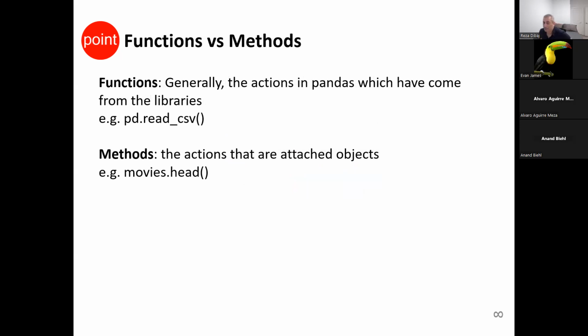And some people distinguish between functions and methods. They say functions are at the top level, and they are the actions that the library provides for us, like pandas.read_csv. Whenever we have some objects inside Python, like movies, which is a data frame that we created, whatever actions are relevant to those objects are in the category of methods. In other words, functions are more general, while methods are specific to the objects that we have